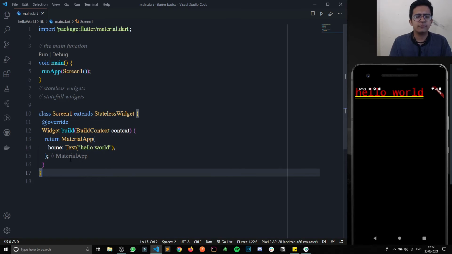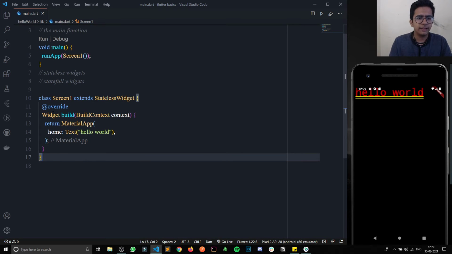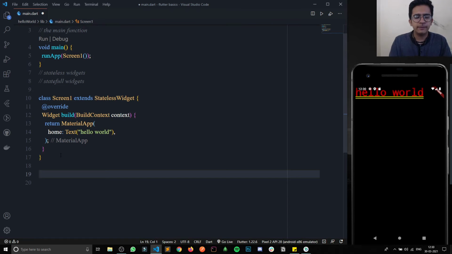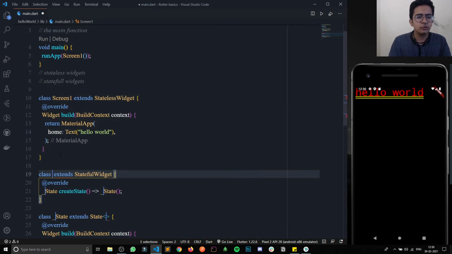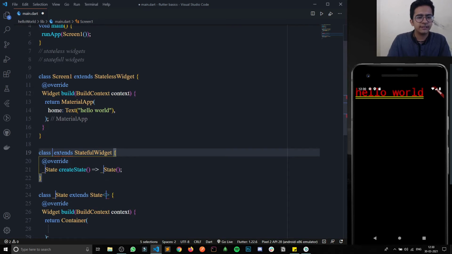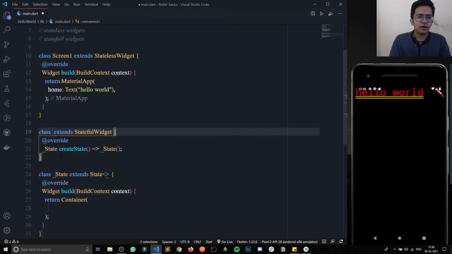This is not the ideal way, providing MaterialApp and just putting the text. So what I will do here is build one more widget, a stateful widget, just to demonstrate, not that there is any use of a stateful widget here. You just have to type stful and it will auto type the stuff.